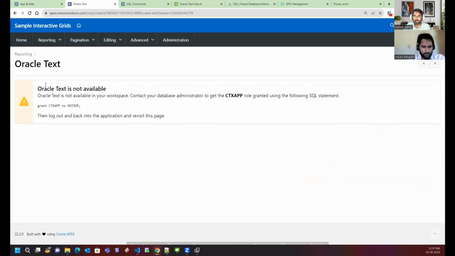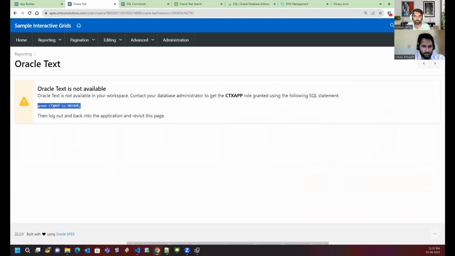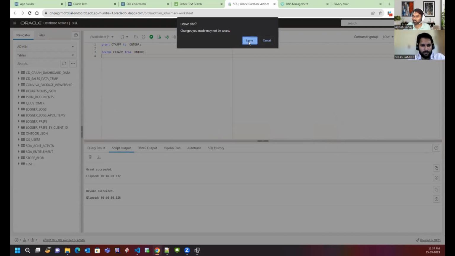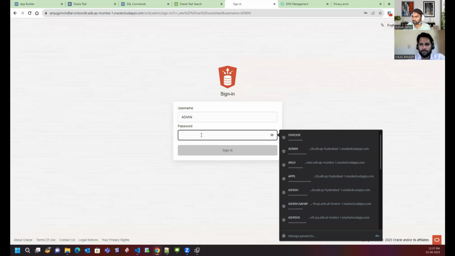Over there, by default in your workspace, you will see this. If you don't have the CTX app role, which basically allows users to create domain level indexes, we need to grant the access to this particular user. So I have logged into admin and the session is expired. I just need to,